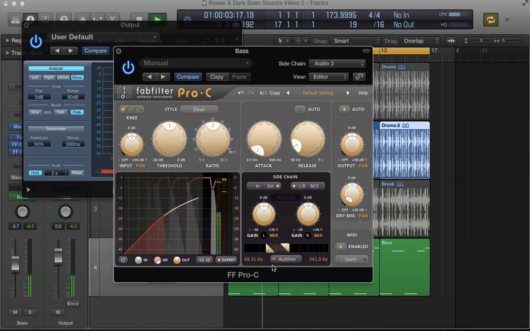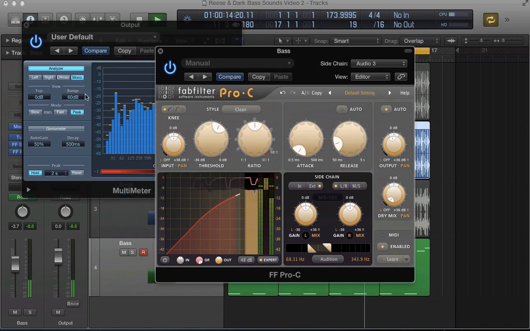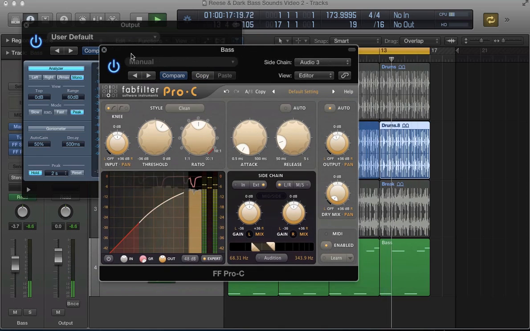Let's back this release off a little bit, and push that threshold up because we've got about 8 dB of sidechain compression going on there. We don't want that much. About 6 is okay. We need to tweak the output level as well because we're getting a boost in gain there. So all we're doing now is ducking these lower mids, the kick and the snare